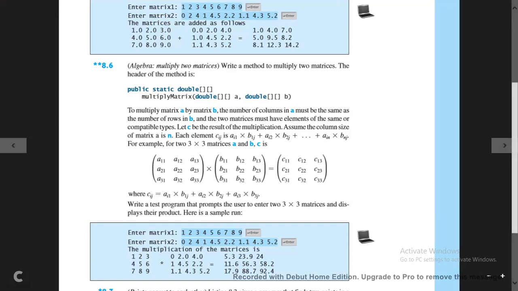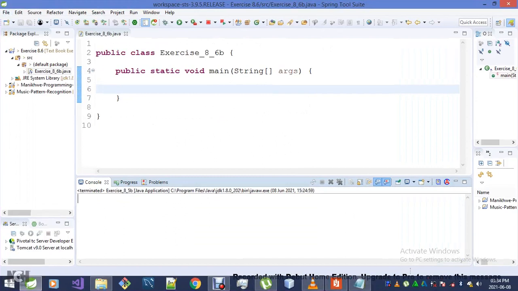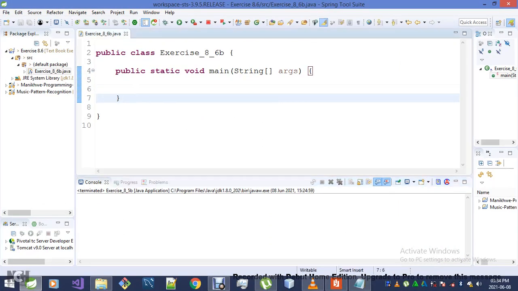You can pause the video and have a look at it yourself. What I'm planning on doing is to jump onto my IDE and take care of it. Okay, you know what? What I want to do on this exercise is to break it down. I'm going to have a method called